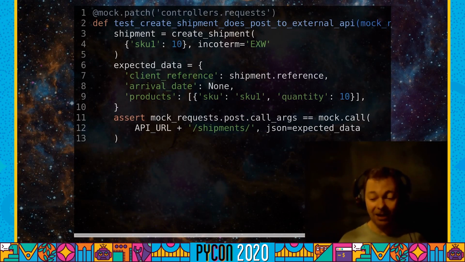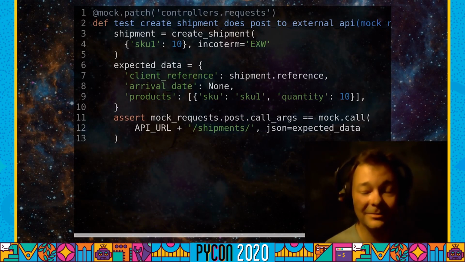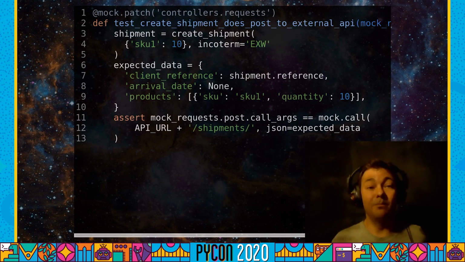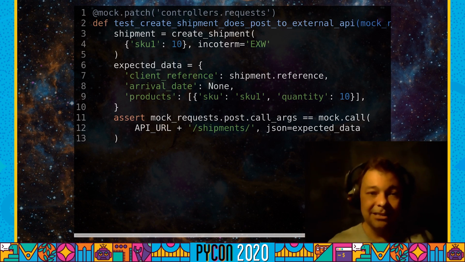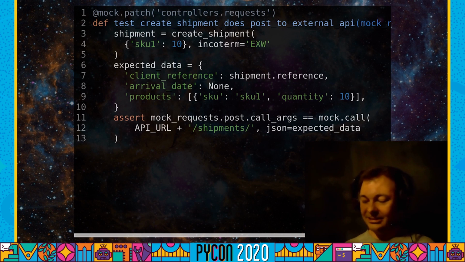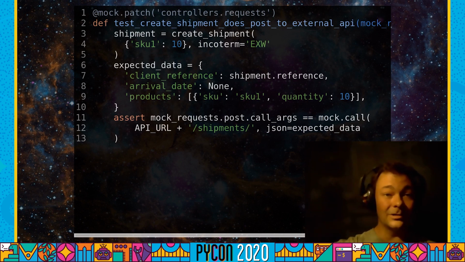Well, the classic thing is we reach for mock, specifically the unittest.mock module, and two specific techniques are patching and the use of mock objects. So @mock.patch is going to say, okay, when I run this test, instead of calling out to the real external internet, I'm going to call out to a mock object.